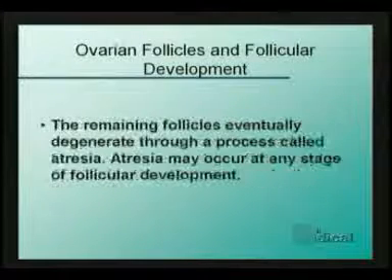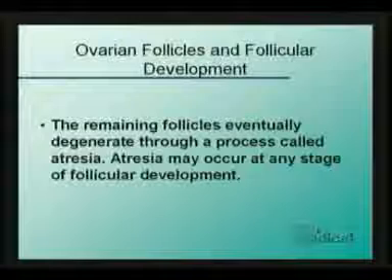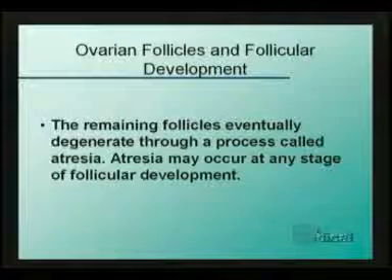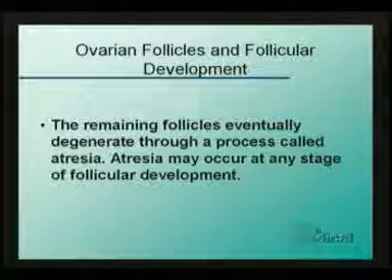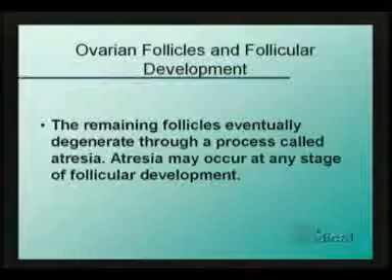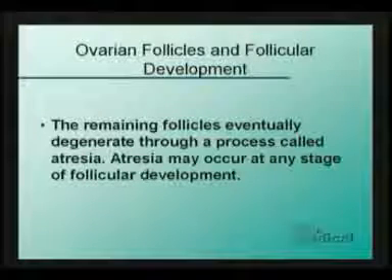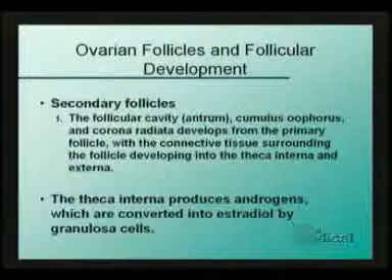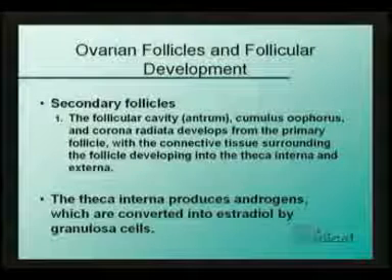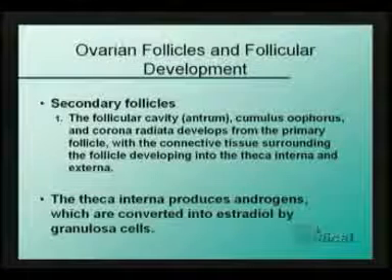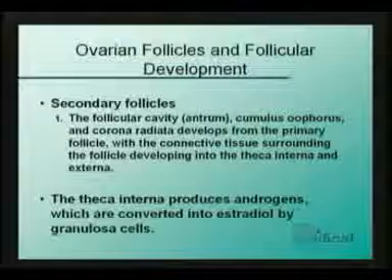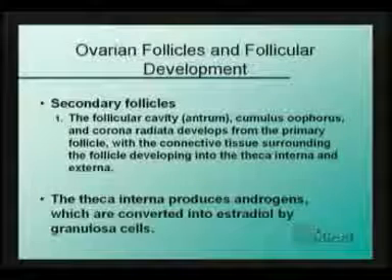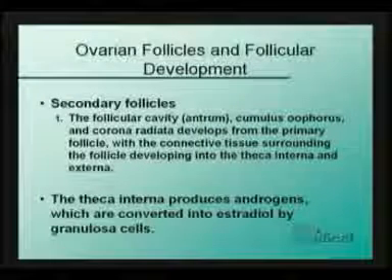1 a month. The remaining follicles are degenerating progressively through atresia, and atresia can occur at any stage of follicular development, particularly in post-adolescent life. Secondary follicles, which begin their development at puberty, where the primary follicle completes meiosis I and begins